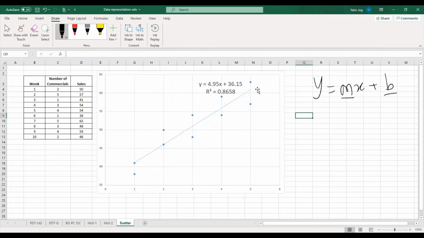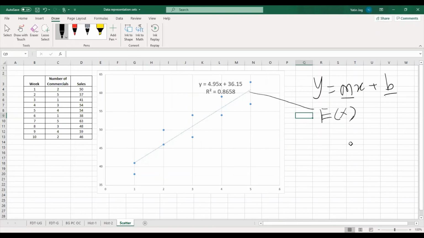We call it a trend line. This trend line is nothing but your line of expected values. Now if this is my line of expected values, as we have discussed during the presentation, there will be deviations between expected value and actual value. So these are my deviations between expected value and actual value. What is the meaning of deviation? Deviation is nothing but the difference of actual value from the expected value.